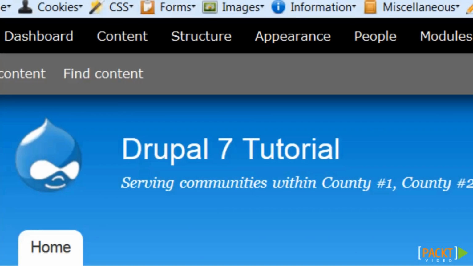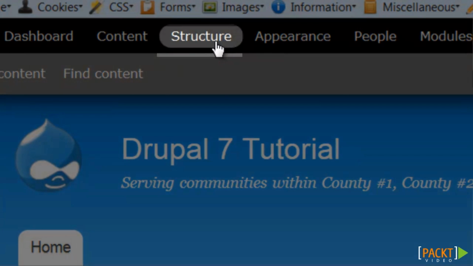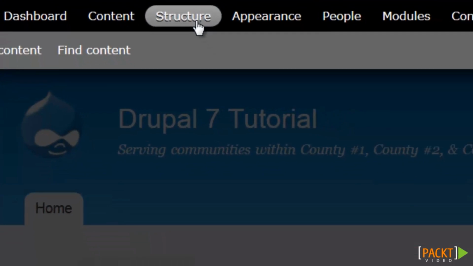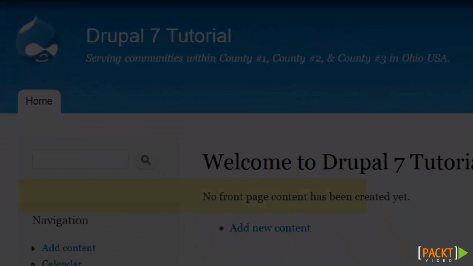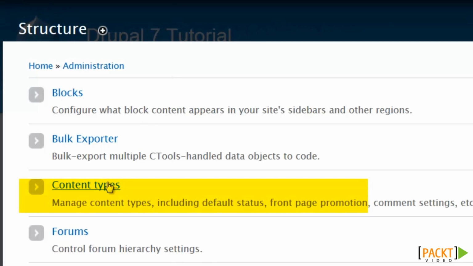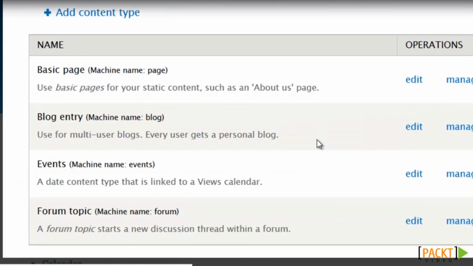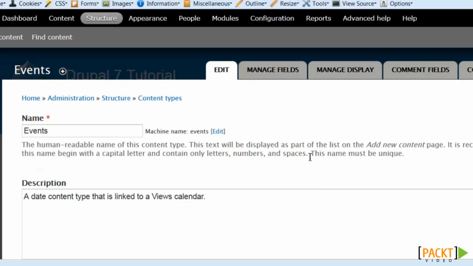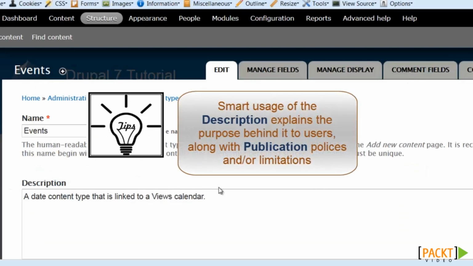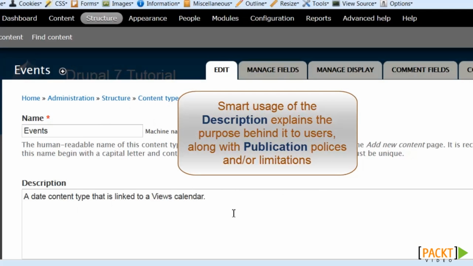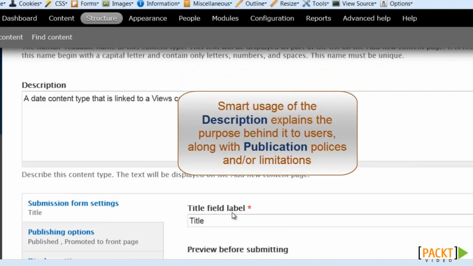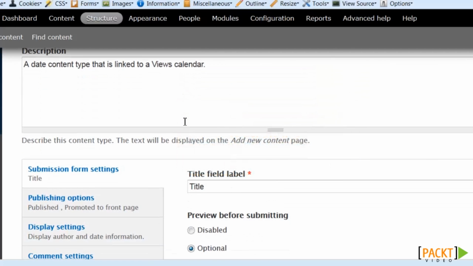I'm actually only going to display what needs to be done within two of the content types, which are found under Structure and then Content Types. I'm going to begin with the Events content type, which we just created in the previous video. You'll remember I didn't make too much of a fuss about the description for the Events content type when it was created, because I knew that I would be able to change it here